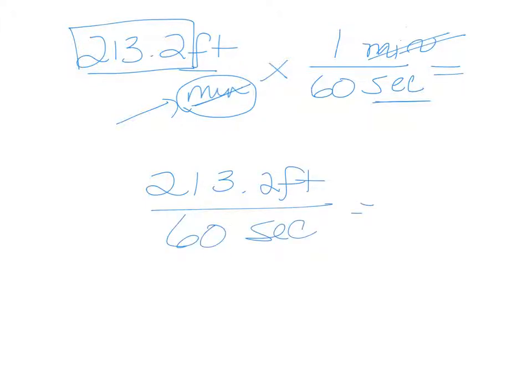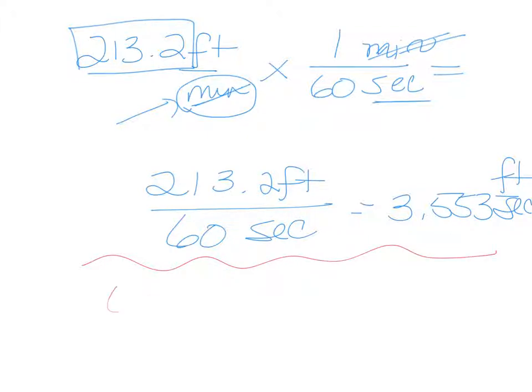So if I do that calculation, I get 3.553 feet per second. And now I've got to worry about significant figures. So I have to go back and look at the numbers that I've used to determine how many significant figures to report the answer in. If you look back at the original problem, the given information was 65 meters per minute. All right, so that only has 2 sig figs,